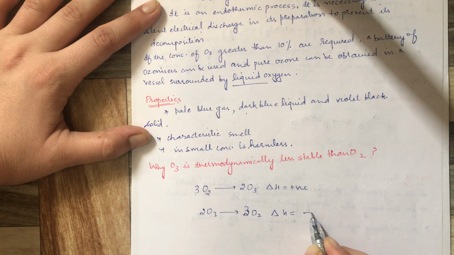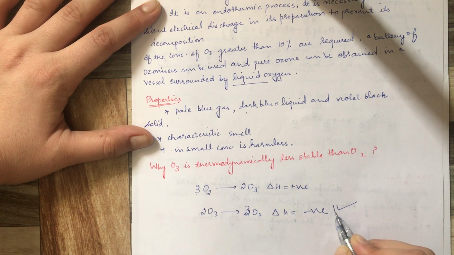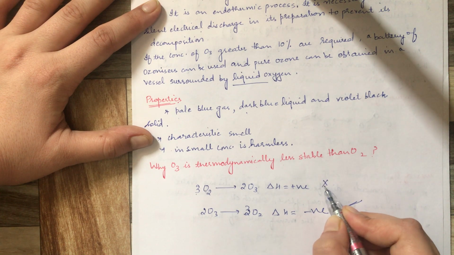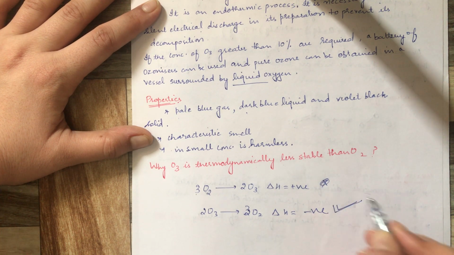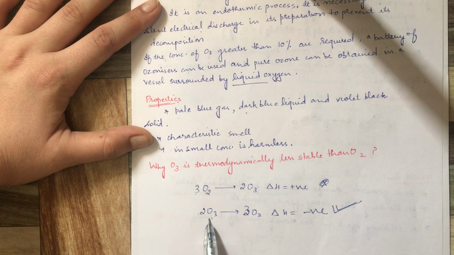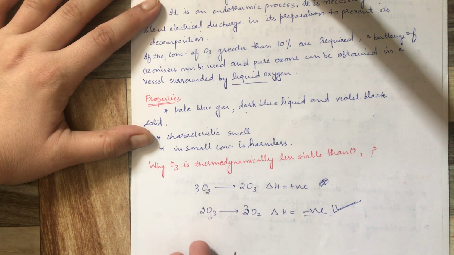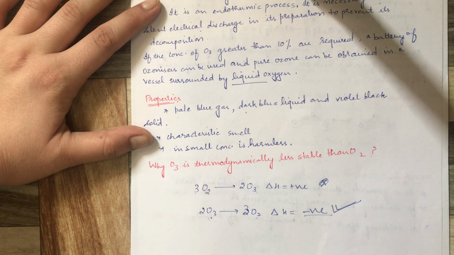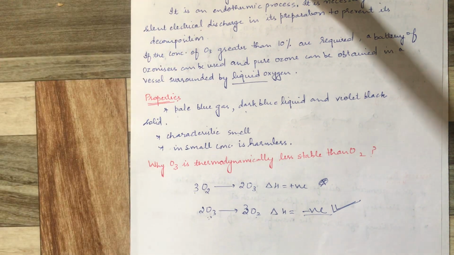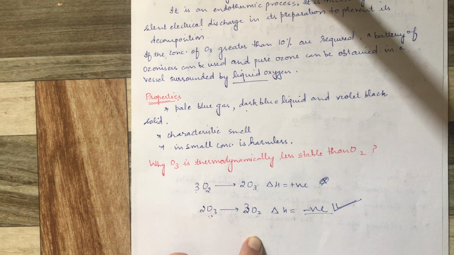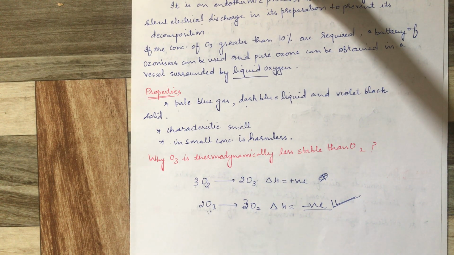This process is exothermic. So exothermic process will be preferred rather than endothermic. We cannot provide so much energy. Now listen very carefully: since the decomposition of ozone to O2 is accompanied by release of energy, hence O3 easily decomposes to O2. It's very simple. When a process is accompanied by release of energy, it has to go. So O3 will readily decompose to O2 because the process is exothermic.